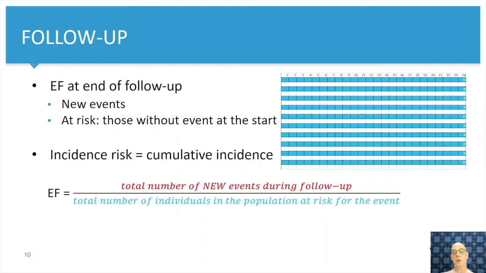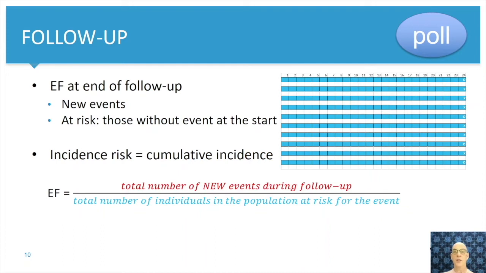Such an epidemiological fraction is called the incidence risk, or in other terms, the cumulative incidence. It is the total number of new events during the follow-up in the populations that were at risk at the start of follow-up. So try to calculate the cumulative incidence or the incidence risk in this picture that denotes the follow-up of 10